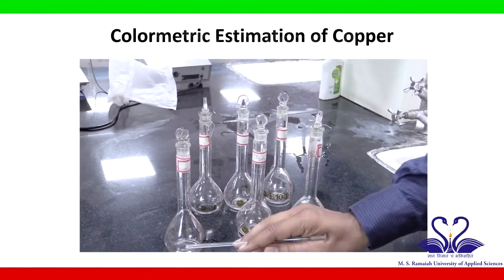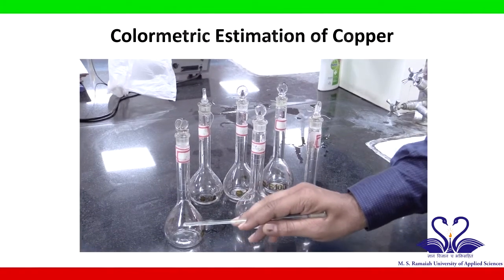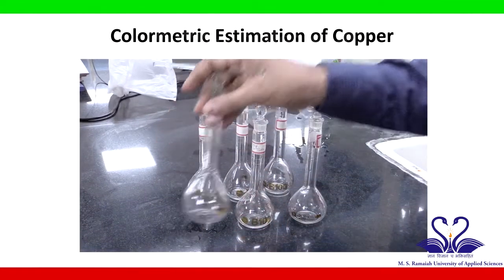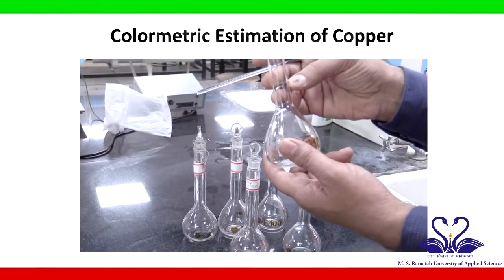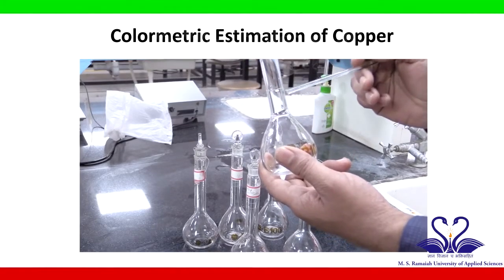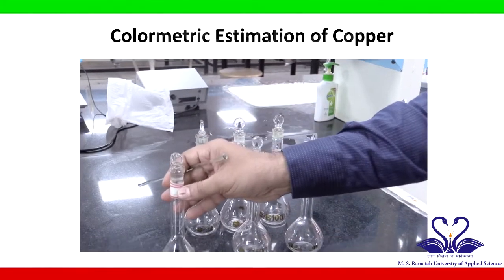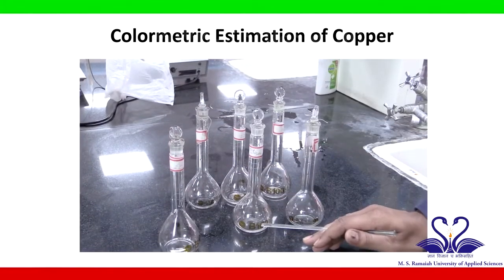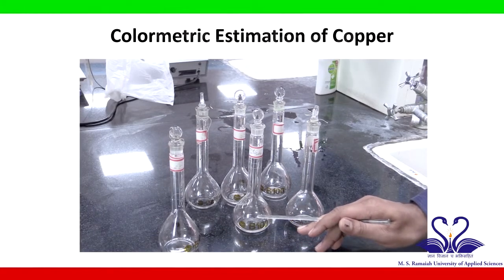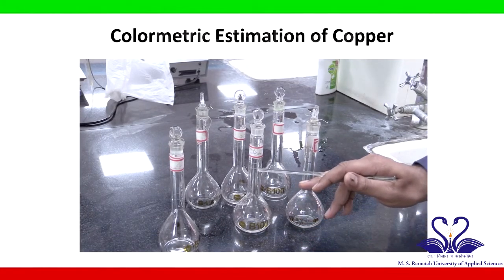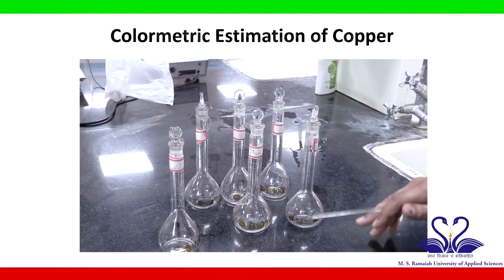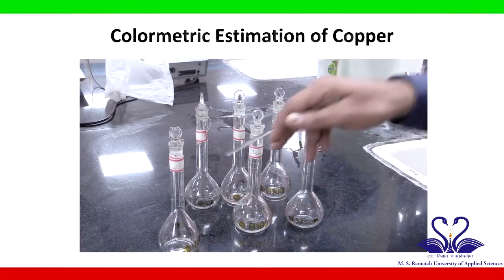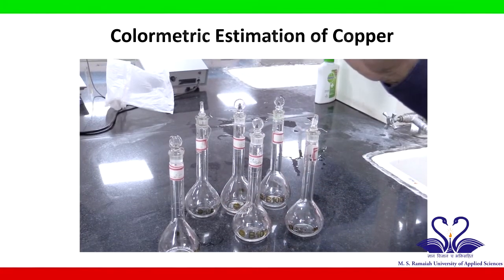So 5 ml of the copper sulfate and 5 ml of ammonia, you have to fill and make it up to the mark using the distilled water. The same thing should be done for all of them. If you are taking 10 ml of copper sulfate, then 5 ml of ammonia and make it up to the mark. So 15 ml, 20 ml of copper sulfate, but in all the cases ammonia will be only